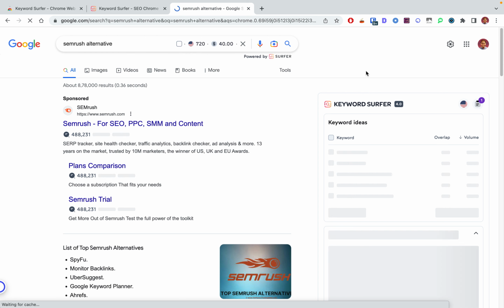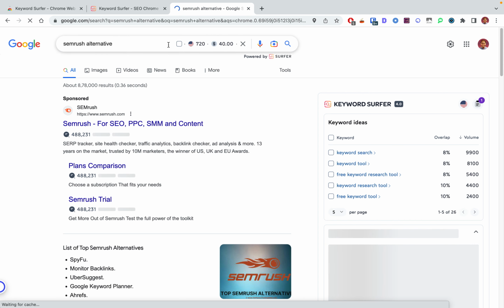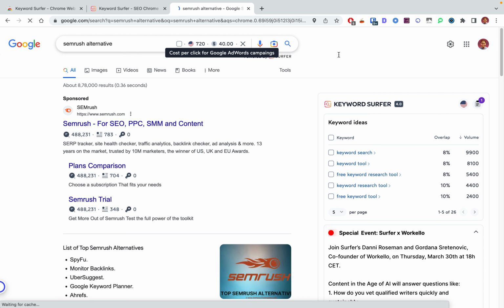So it's going to calculate the volume, and this is the most useful bit, right? It shows you what the estimated search volume is. It also shows you PPC data, basically cost per click for Google AdWords, so it shows you how monetizable this keyword is, right? I think that's probably one of its core features, and then it provides you more keyword ideas,